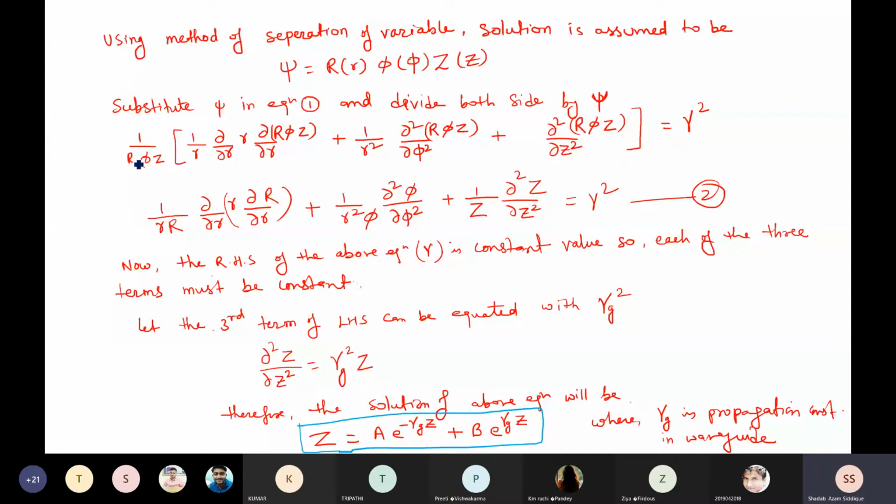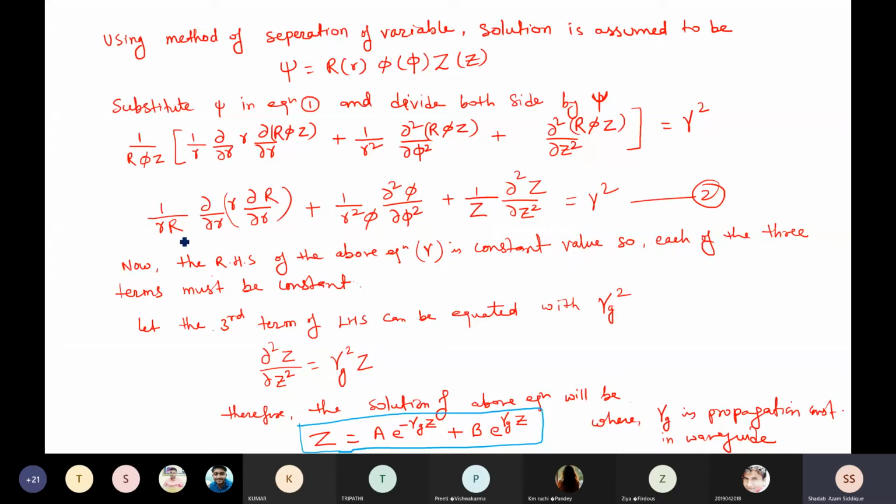So we will get R if we multiply with this term. Now this R phi Z will be multiplied with this term also, and here we will get R and Z outside, because phi will be a function of phi, and R and Z will be exclusively functions of r and z. So that will come outside, and that will be divided with the R phi Z. So we'll get here only phi. Now similarly here R and phi will be outside, and this R phi will cancel, and we'll get 1 upon Z.